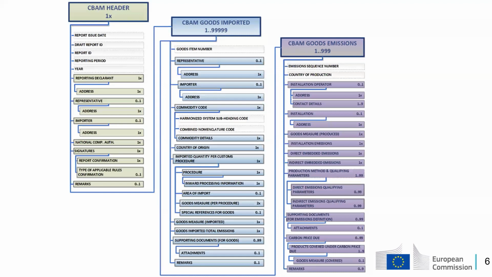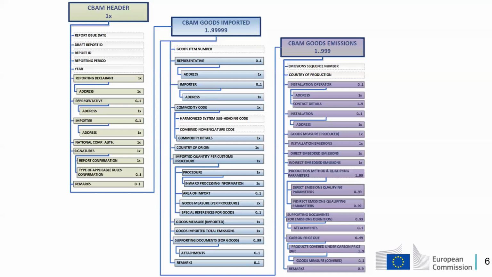After that, there is the quantity for the imported good that we are declaring in the specific good entry, the good imported total emissions, supporting documents that maybe we need to declare and attach, and the remarks.